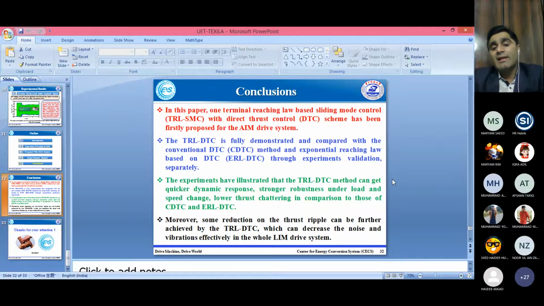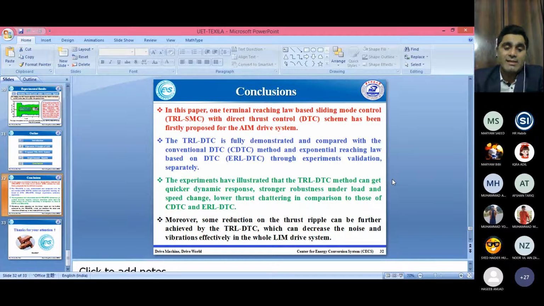So here TRL DTC is fully demonstrated and compared with the conventional DTC, meaning under the PI regulator, and the exponential reaching law, meaning the conventional slide mode control. Here ERL DTC is compared with the TRL DTC through